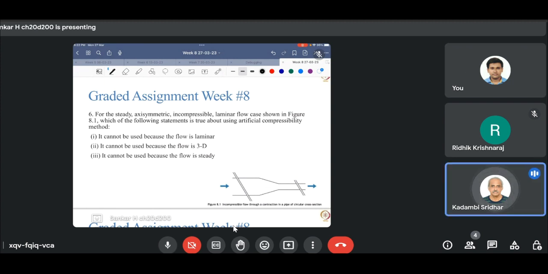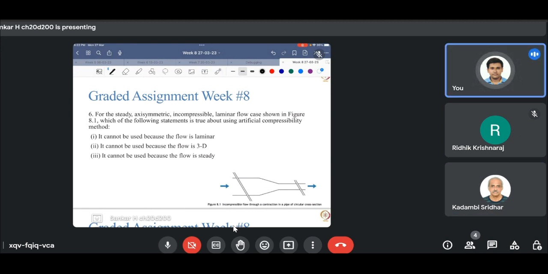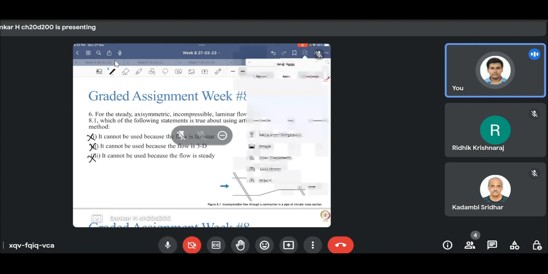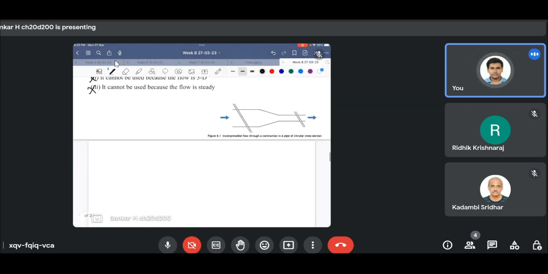I think all three are wrong. Yeah, all three points that have been given here are in fact wrong. We can use this in laminar flow. We can use the artificial compressibility method for three-dimensional flow, and we can use the steady or the unsteady equation over here. Basically, what we are doing in an artificial compressibility method is to define a pseudo compressibility factor as mentioned in the class,